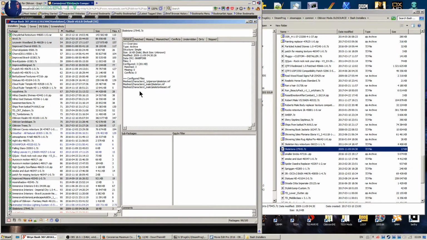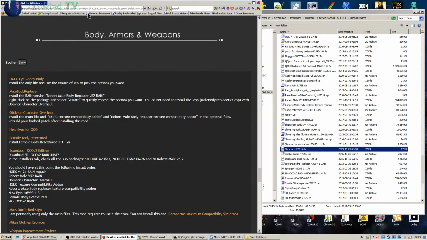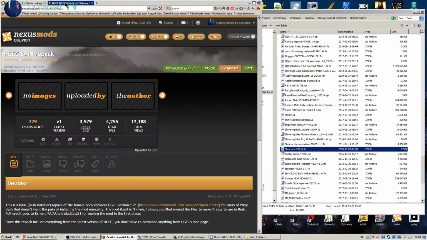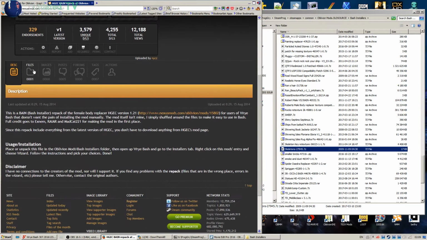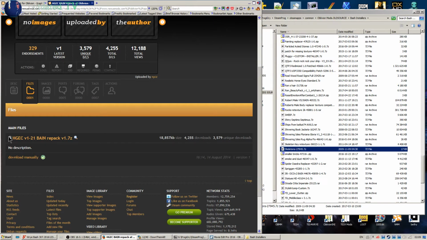Let's see, general, we have skeleton, NIF, etc. Good, and then we can continue with the list how it's supposed to be from the beginning again of body armors and weapons. HGEC eye candy body, install the only file and use the wizard of Wrye Bash to pick the options you want. Okay, this is a nude mod, so you get this file